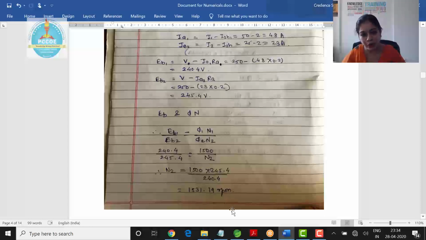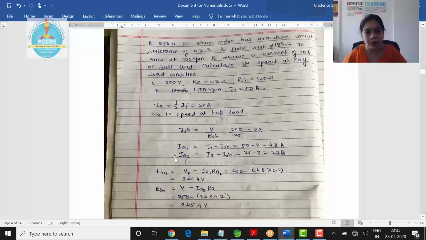First speed is given at full load, we need to calculate the speed at half load. While calculating the speed from full load to half load, or by changing the load, we just have to divide the total current, the supply current. We cannot divide the I1 or IA2 by 50 percent or 1 by 2. We are just taking the portion from the supply current. So that thing you have to keep in mind, and as it is a shunt motor, you need to take phi constant for solving the numericals of the speed. Okay, so I hope you understand the first two numericals.